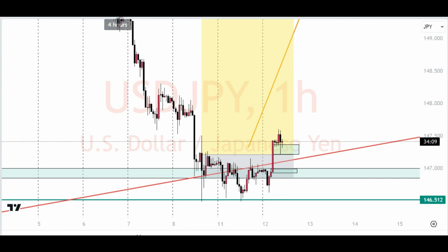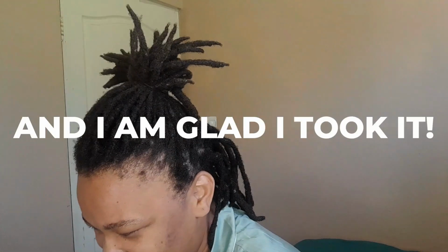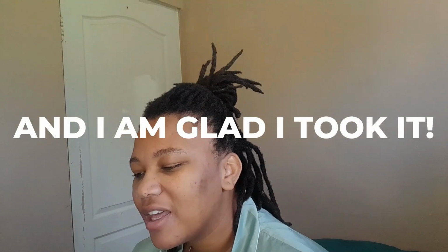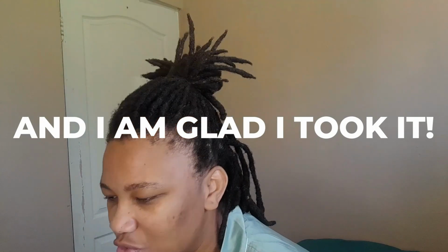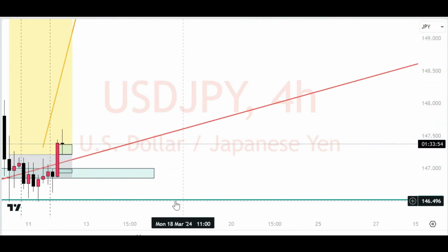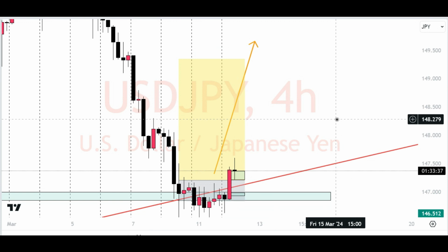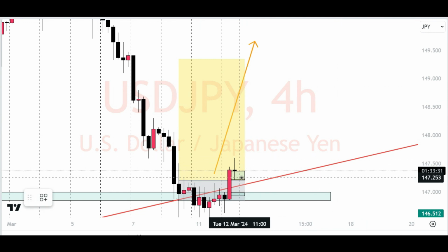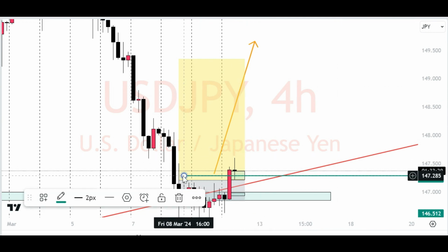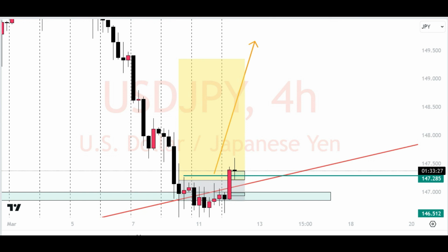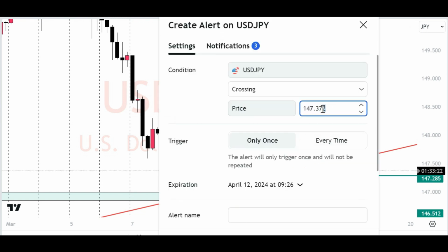You know what, I'm gonna take this trade. But I feel like the market has already created that move where the market has moved into the best price, and now it's literally just going up. Should I enter? Should I not? You know what, let me just put an alert at, let's do this area right here.